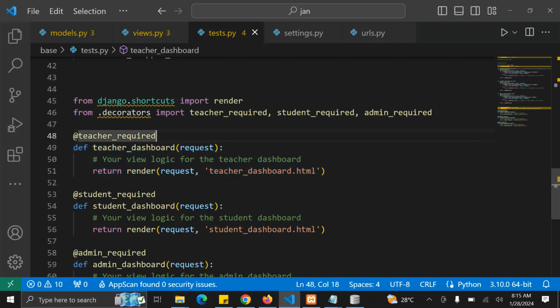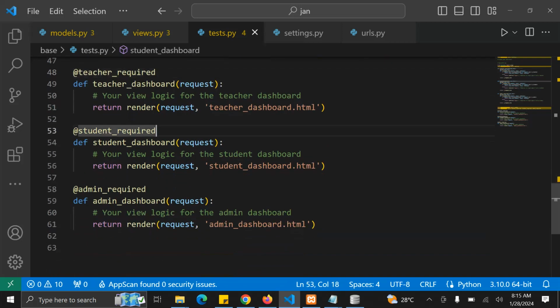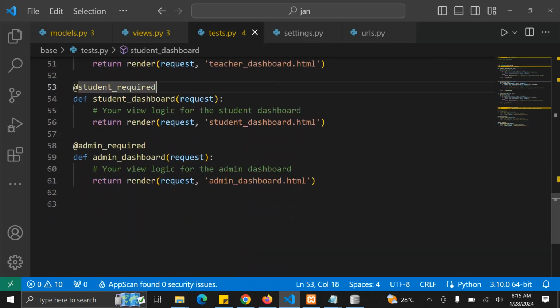This decorator will be on the top of the view, and it will be checking if a user is a teacher. It will check if a user is a student before giving access to the resources of the system. The same applies here to admin. So this is a simple way you can implement decorators in Django to prevent broken access control. We need to have a security mind in the background of our subconscious